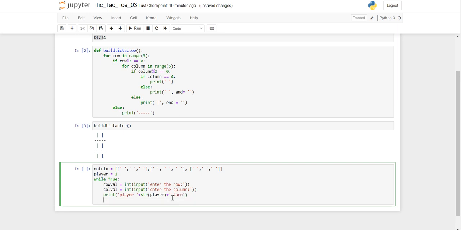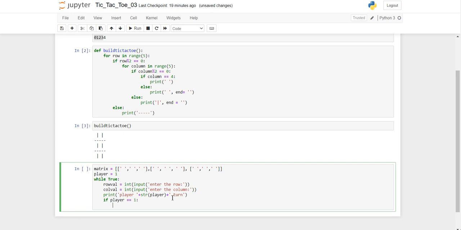Okay, now if player equal to 1, the first player has to choose the row and column. Once he enters the row and column, he will be entering X. So let's say player 1 will enter X and player 2 will enter O. Before that we have to check whether that space is empty. I mean we cannot overwrite.